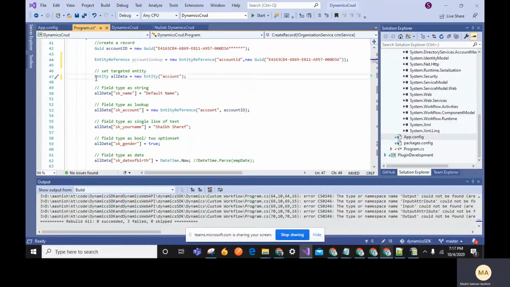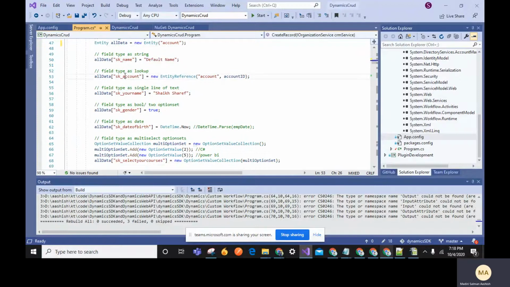Here we need to declare an entity, give it some name, initialize this entity, and give the entity name to create a record. After that, if you want to map a string value, you can write the field logical name, and you need to map it like this.